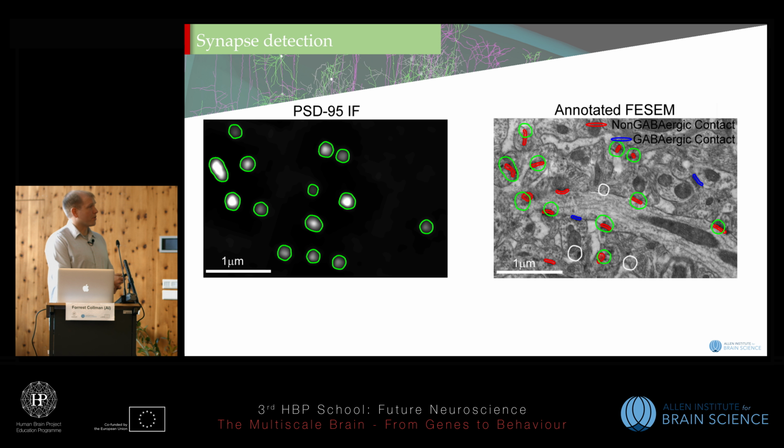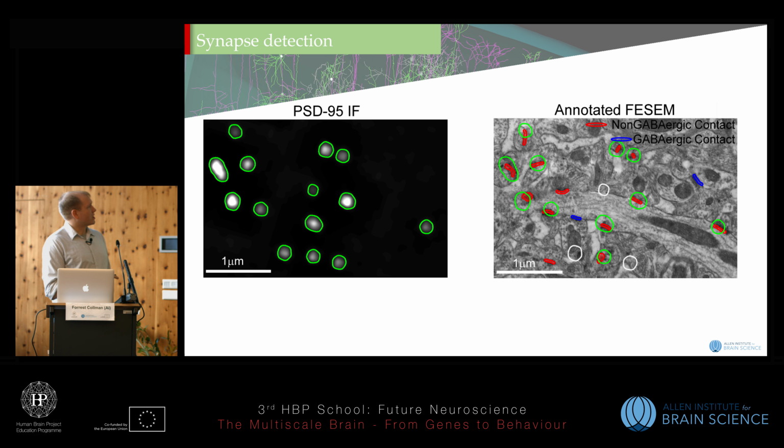This can happen for a number of reasons. First, because there's some level of non-specific binding of antibodies, but second, because PSD95, like all proteins in the brain, must be produced somewhere and transported to and from synapses, so you wouldn't expect that 100% of PSD95 exists at synapses. The challenge for an algorithm